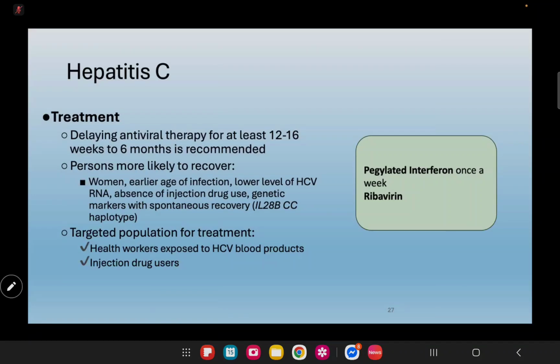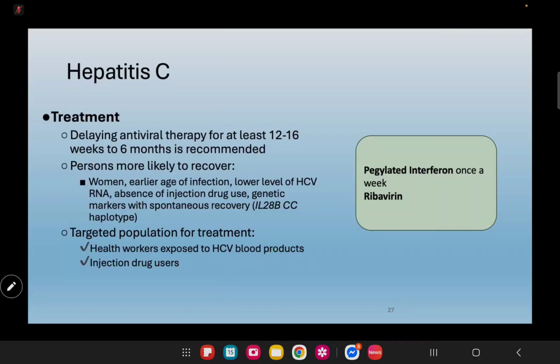So you might be confused, no? What is the purpose of delaying the antiviral therapy? I said earlier, delay it first for at least 12 to 16 weeks. Okay? The purpose of delaying it is to allow a chance for spontaneous viral clearance before committing to a prolonged treatment. That's why initially we observe it. But again, depending on the case. That's why I said earlier, it involves timing and patient selection. But most likely, if you think this will become chronic, then start the treatment immediately.